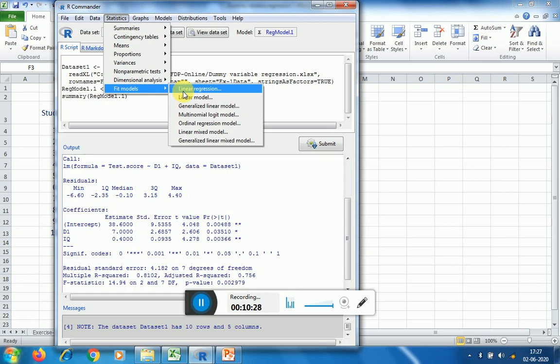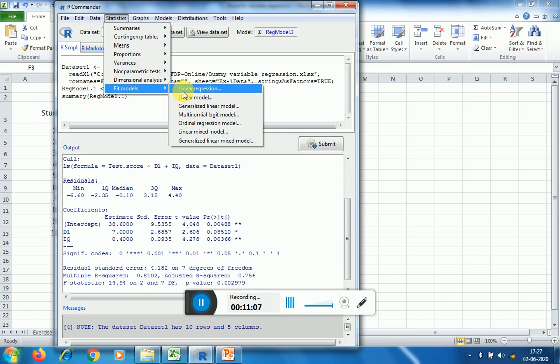If you assign some numbers, obviously strongly agree you will write as 1, agree you will write as 2, neutral as 3, disagree as 4, and strongly disagree as 5, or vice versa. You can write in inverse order as well. So this is how you normally assign numbers to these factors. If there are a number of such dummy variables in your data set, it is very cumbersome and time consuming to assign these numbers and again convert into numeric variables.